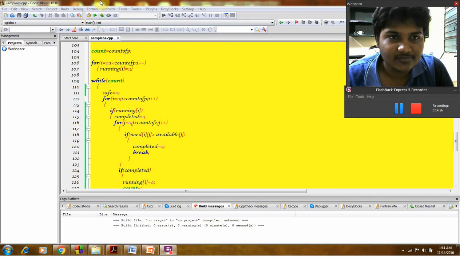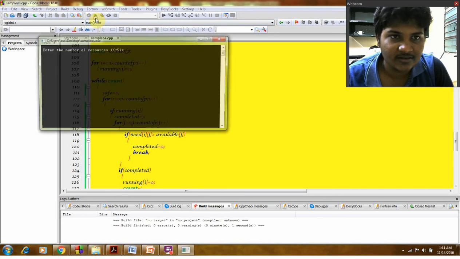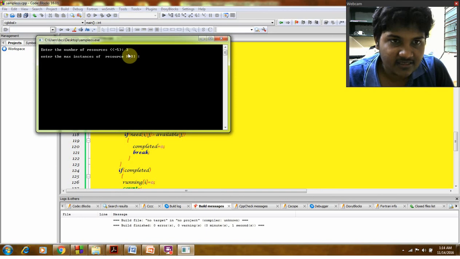Now I'm going to build the program. There is no error. Now I'm going to compile the program, that is, I'm going to get the output. Enter the number of resources less than or equal to 5: 3, and enter the maximum instance of resource 0 is equal to